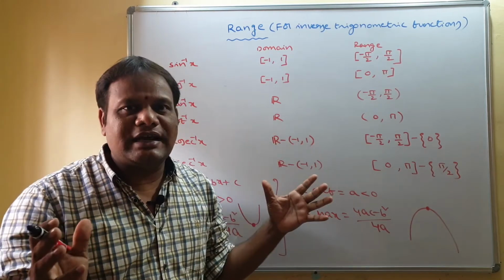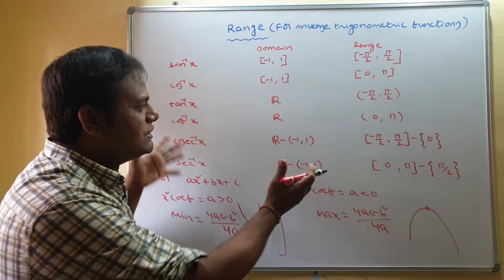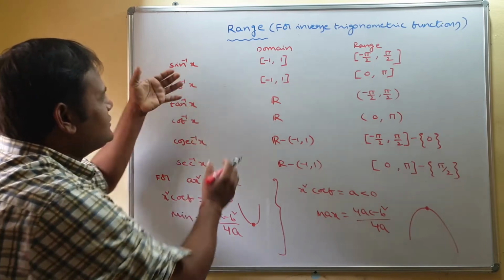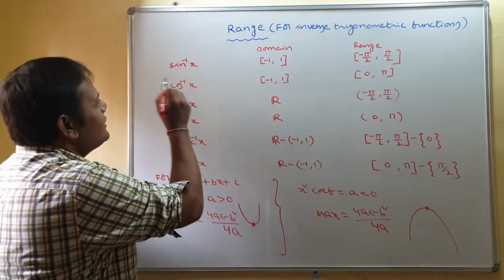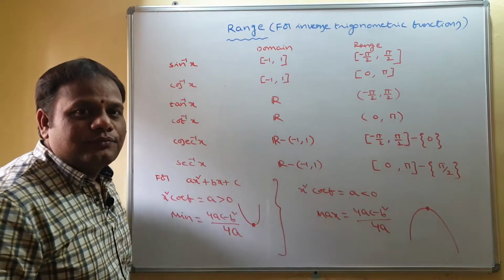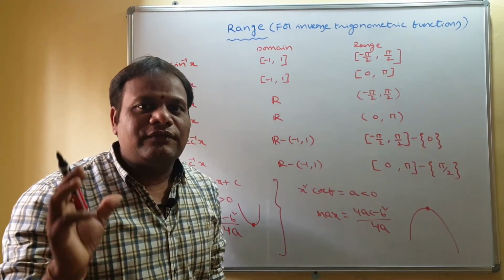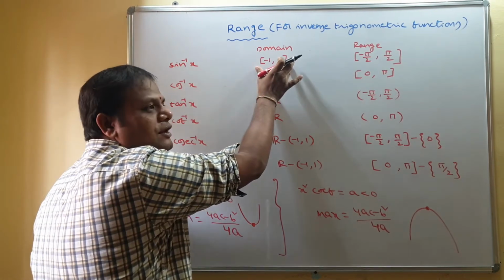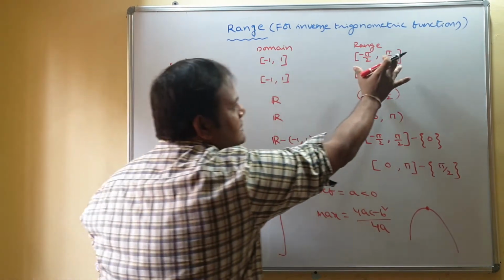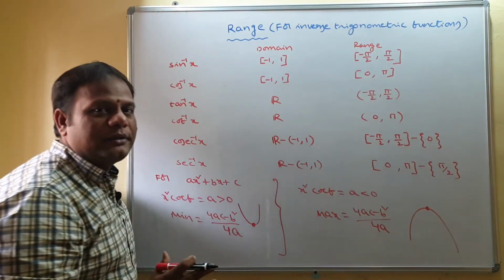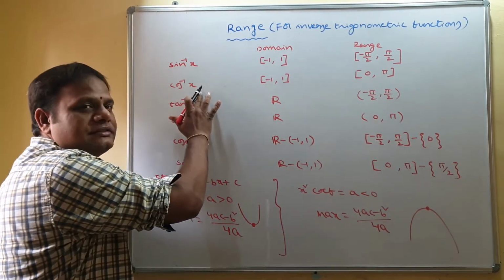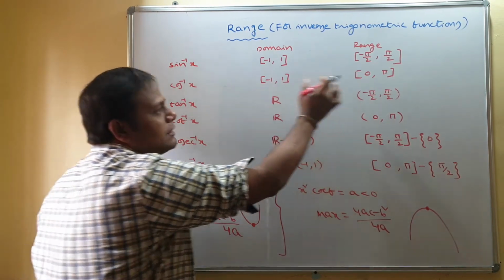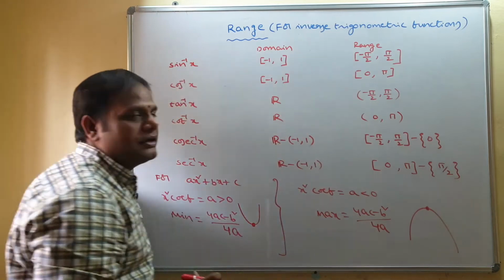See, to understand the class, you must have this knowledge. Already you learnt all these things, but once we recollect that, see here sine inverse x. So domain and range of sine inverse x. Domain of sine inverse x is closed interval minus 1 comma 1, range is closed minus pi by 2 comma pi by 2. Coming to cos inverse x, it is defined in the interval closed minus 1 comma 1 and range is closed 0 comma closed pi.